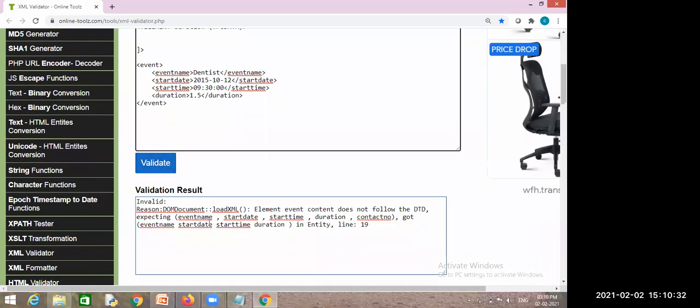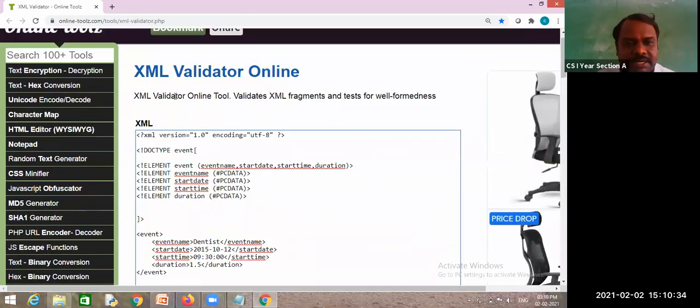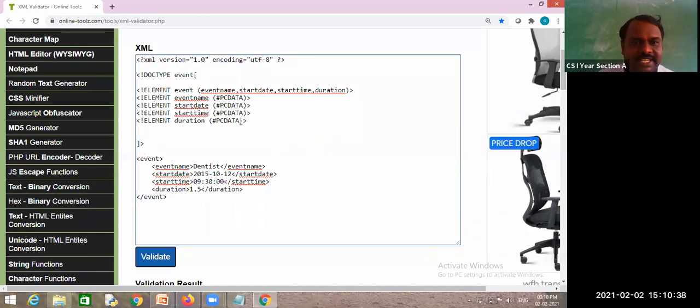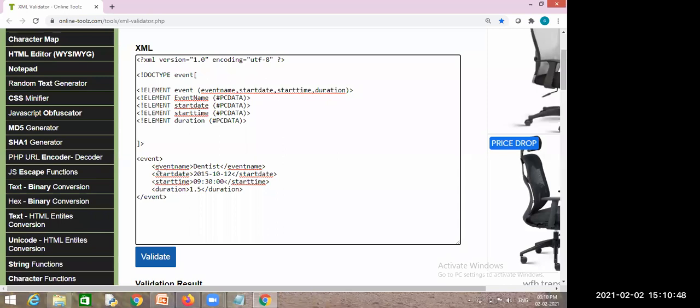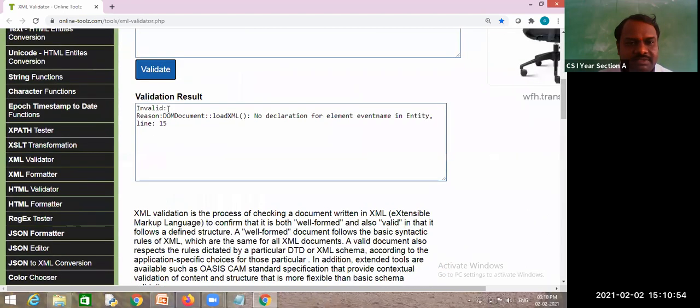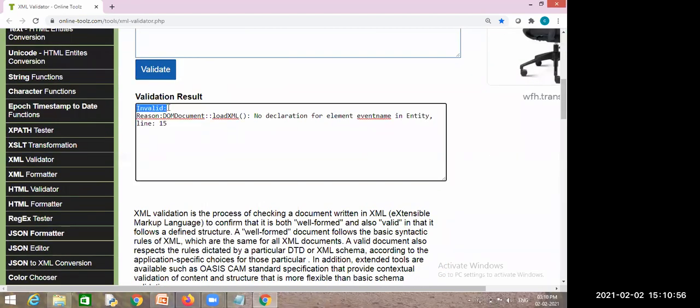One more thing. I asked my departments to give the event name with capital E and capital N. But how have they prepared it? All lowercase, lowercase e, lowercase n. Now I will check. Valid? Invalid.